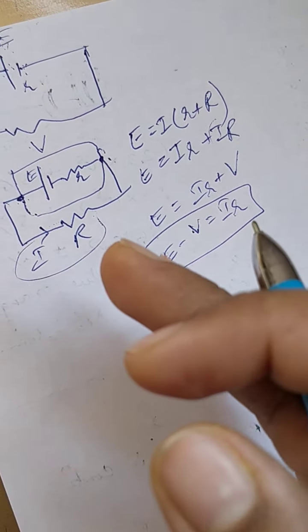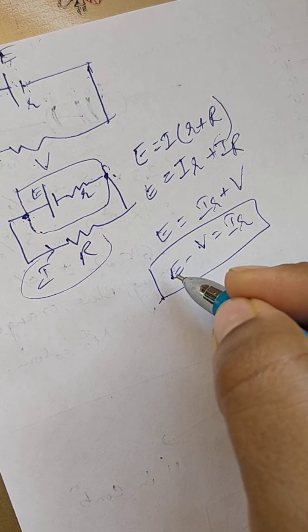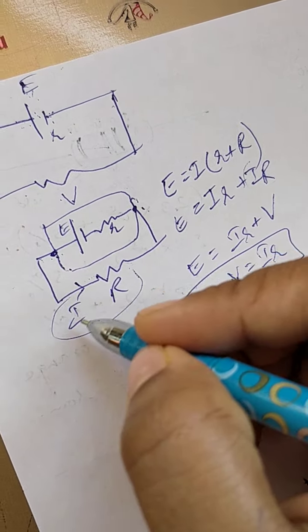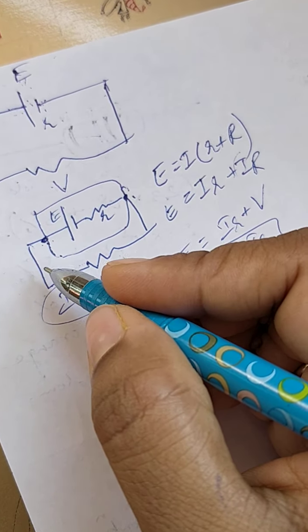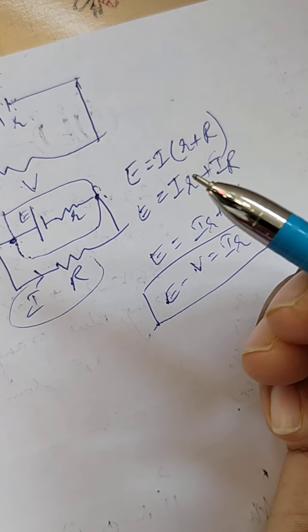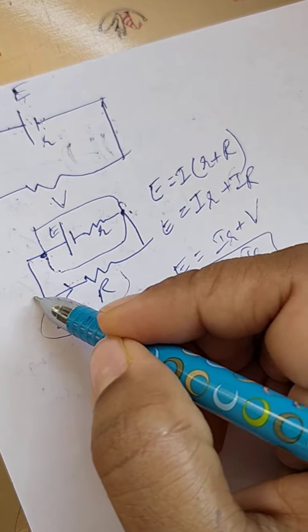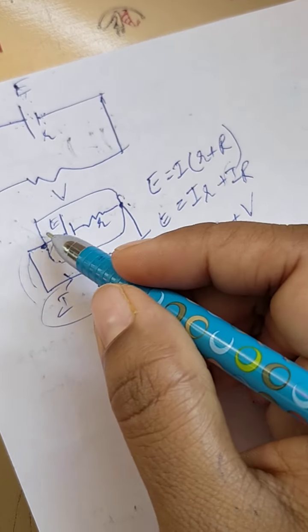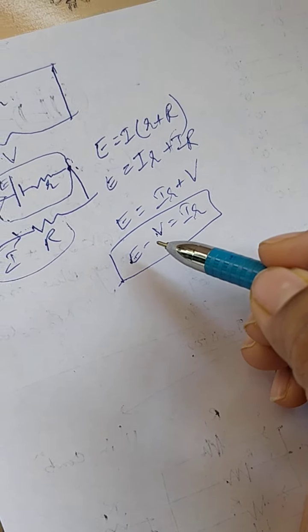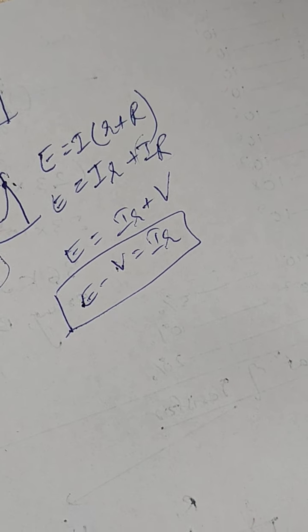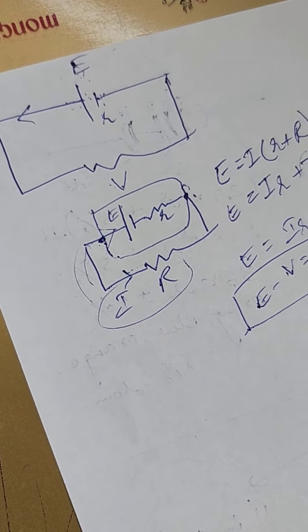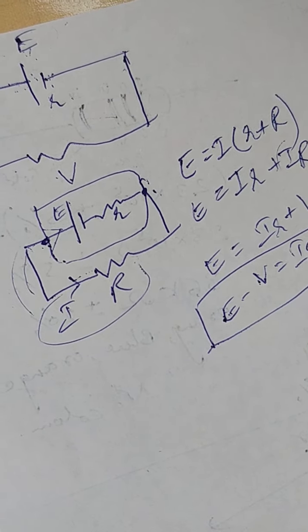But there is one condition where, instead of E, V is greater. Okay, and that happens when the direction of current becomes opposite, reversed. And when the current's direction is reversed, that means charging of a cell. You know, chargeable cells are also there. So when you charge a cell, the direction of current has to be this way. And when the direction of current goes this side, then V becomes greater than E. Okay, so that is the only case when the potential difference of the cell will be greater than the EMF. But in all other cases, when the cell is normally used, the EMF is greater than the potential difference.